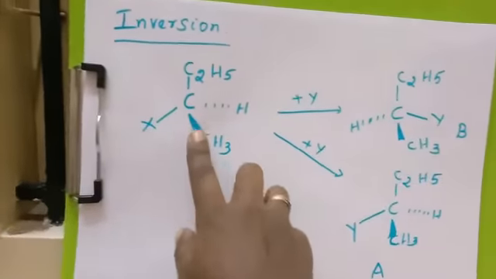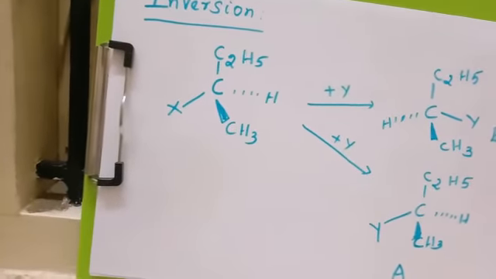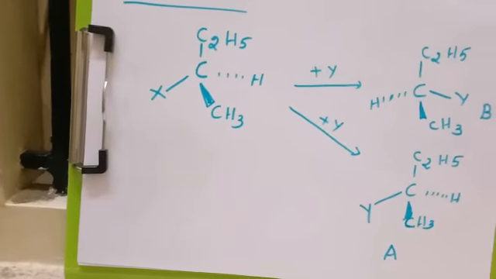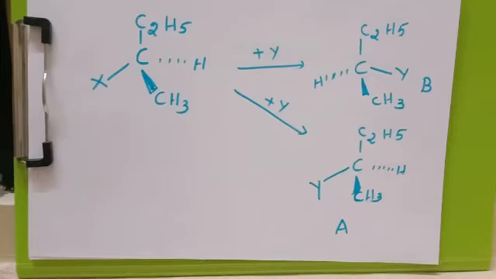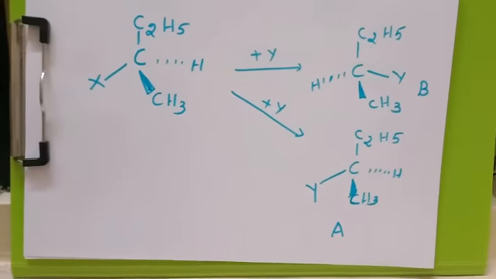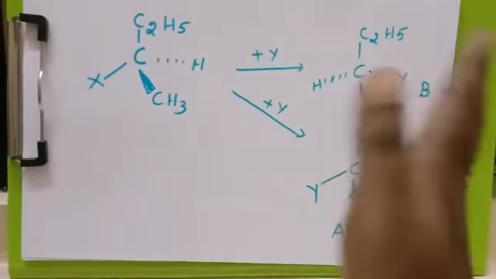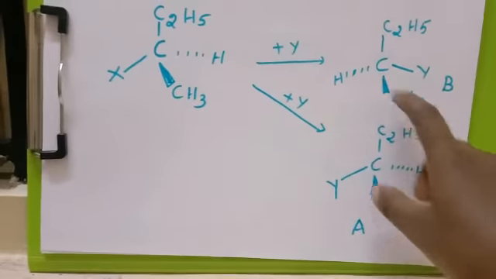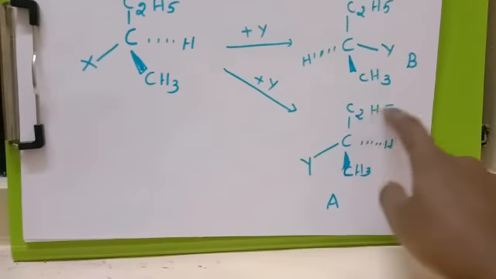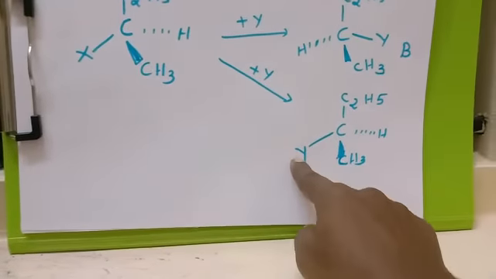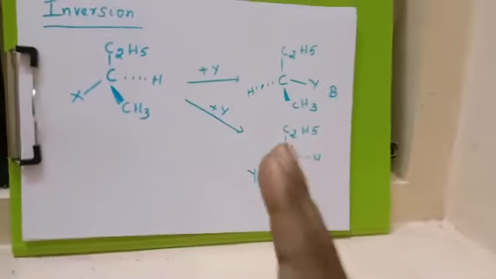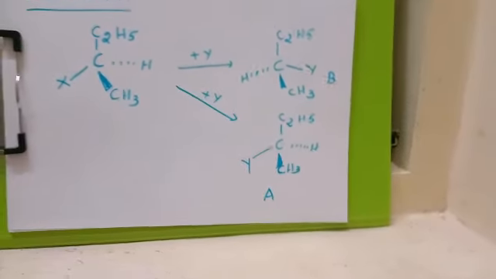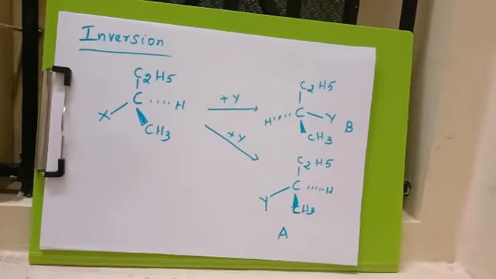For example, in this equation, generally we studied that the SN1 reaction has a first step which is the slow step, and we also get two types of product. One is frontside attack and another one is backside attack. So this molecule is treated with Y, we get the frontside attack product with C2H5, Y, CH3, and another product is C2H5 from backside attack. So Y will come here. The spatial arrangement is totally different from the reactant. And we get A as the only product.